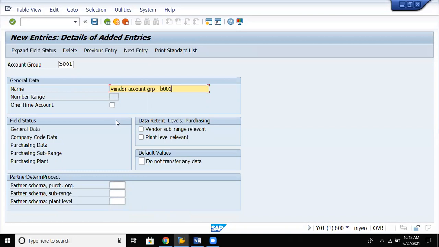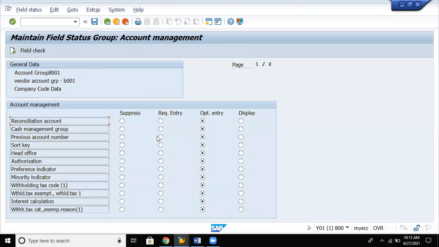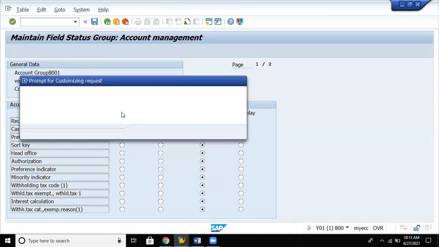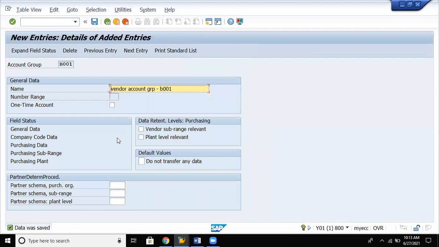If not, we can directly go for the general data or company code data bifurcations. Let's say purchasing data, account management, where you want the reconciliation account or cash management group as a required entry. Save the data. These are a few of the control parameters which we are going to maintain.